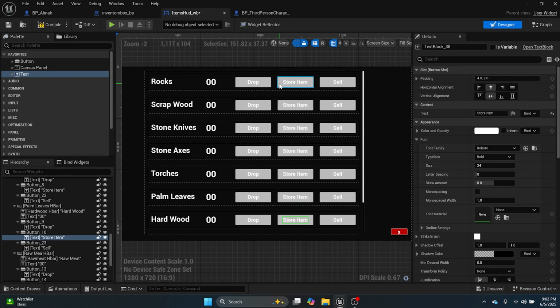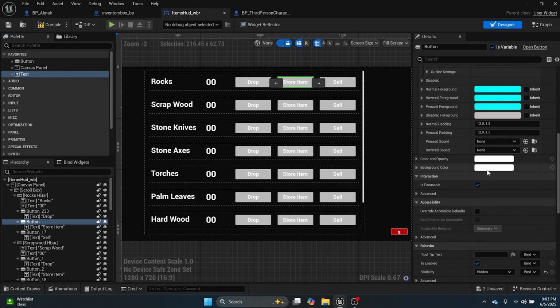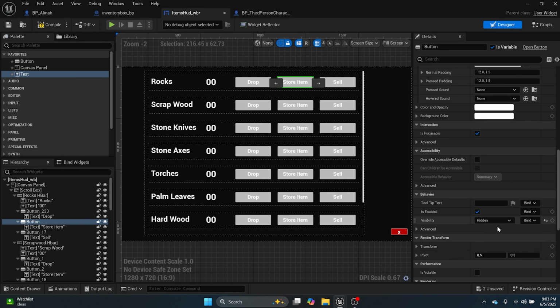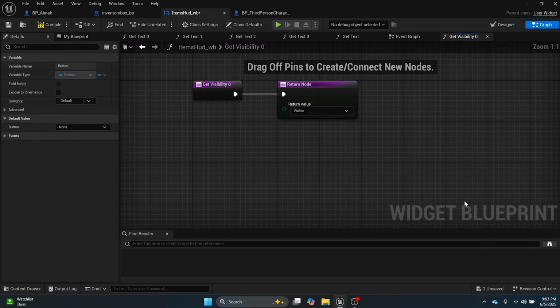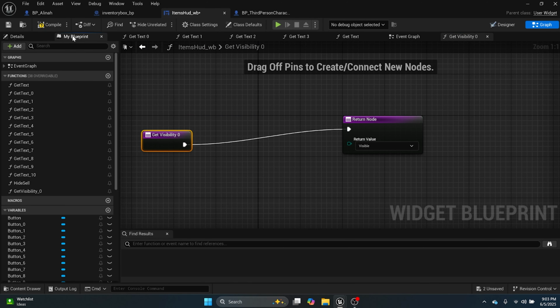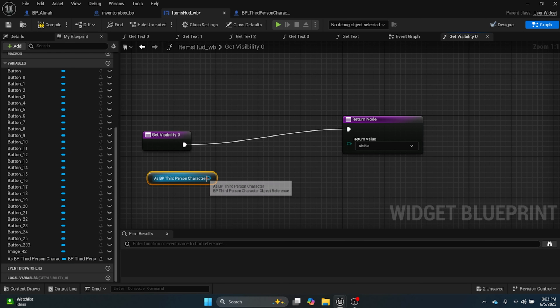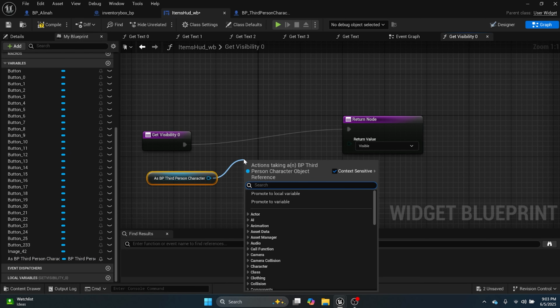All right. Anyways, on this button here, we need to go down to the visibility. Right now it says hidden, but we need to bind the visibility. So click on bind and we're going to create a binding. And this time we need to go to our third person character. So we have a reference to that, I believe. Third person character, get, and then get off that